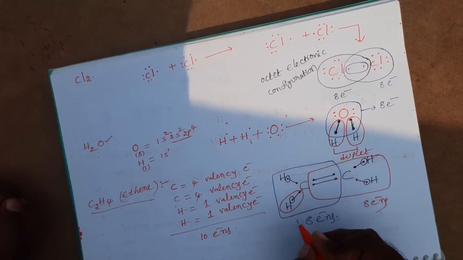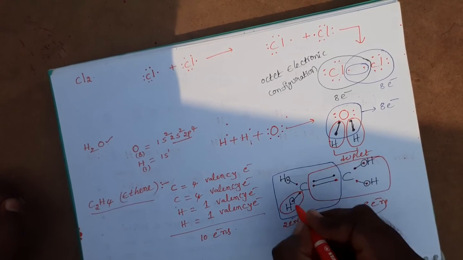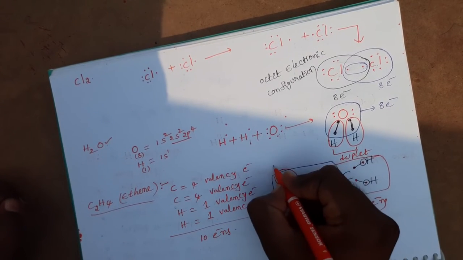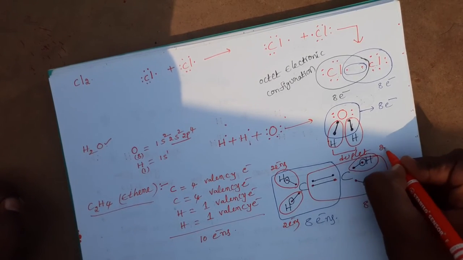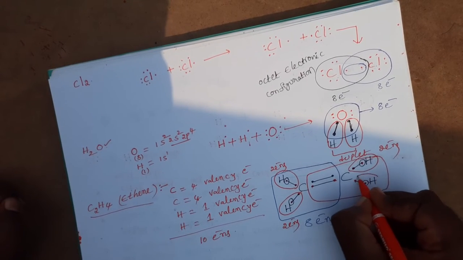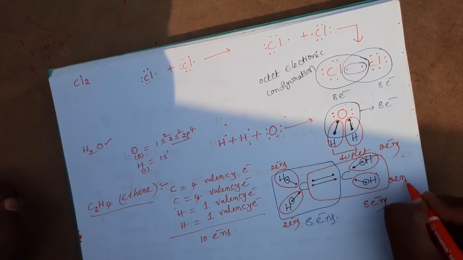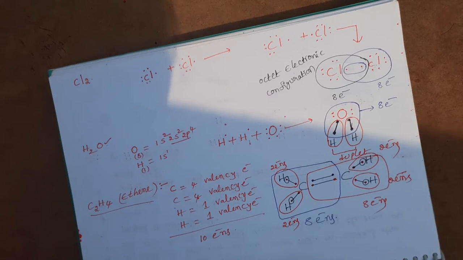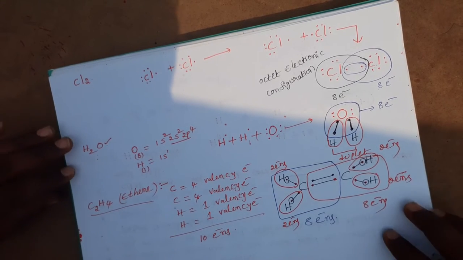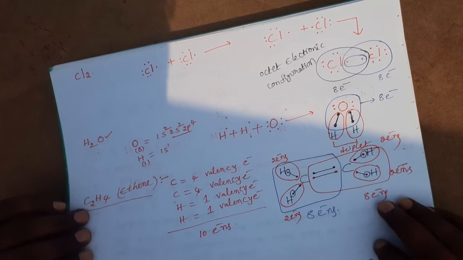And this hydrogen has 2 electrons. This hydrogen also has 2 electrons. This is the structure for a different type of molecules. Lewis dot structures. After this one, here we can follow